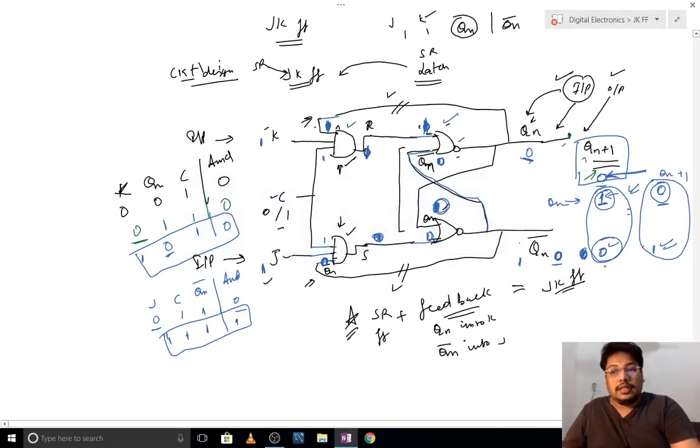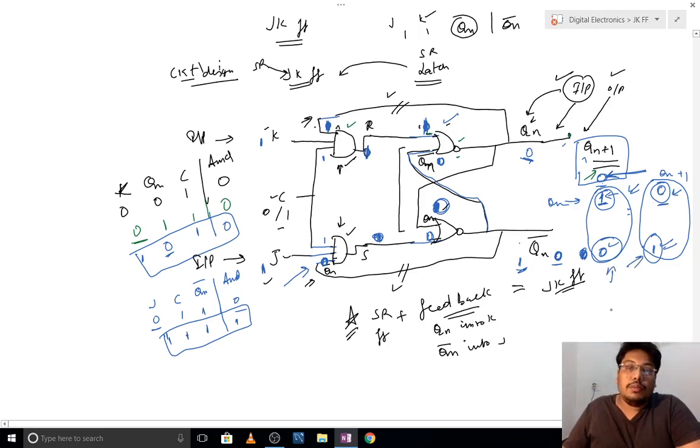In the last 10 seconds I have explained to you, if you are taking Qn bar as 1, then you are taking it as the initial value. But when you take Qn plus 1 as 0, then Qn bar must be 1. And we have proved it by giving this logic, right? The logic behind it is, if Qn is 1 and Qn bar is 0, then again it will be complemented. Qn plus 1 will be 0 and Qn bar will be 1.